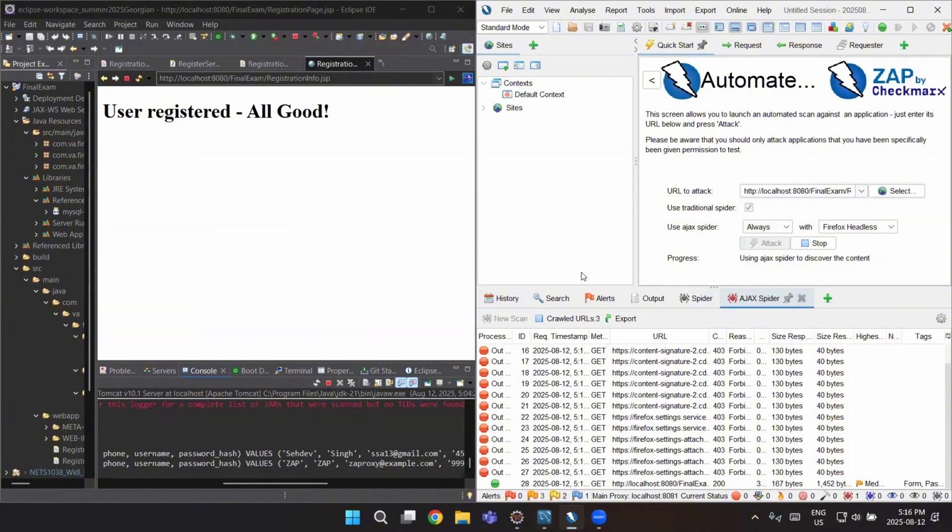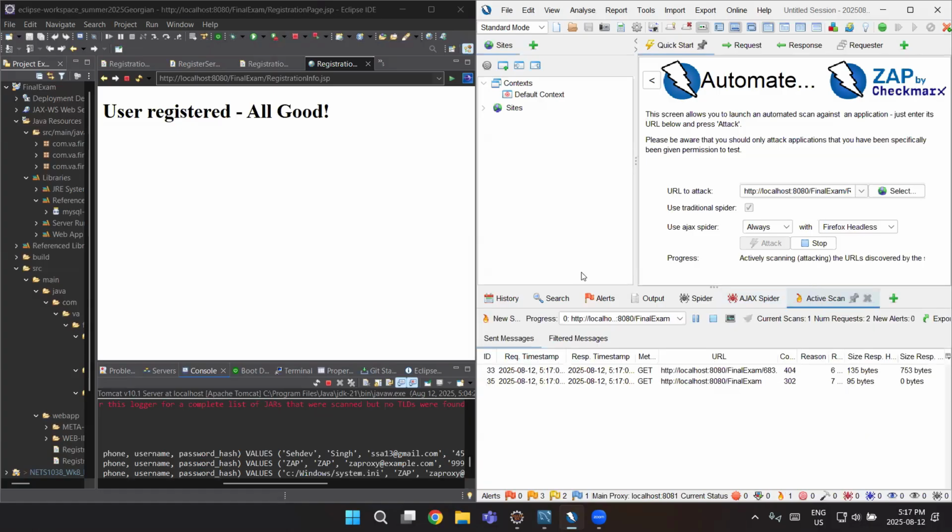POST method. When ZAP scans this page, it detects these fields and automatically attempts to fill them with different payloads during its attack simulation. It then submits the form just like a real user would, sending HTTP POST requests directly to the servlet. Since the servlet's job is to take the data, process it, and store it in the database, every POST request from ZAP results in a new row being added to the table. That's why after this scan, we can open the database and see multiple new entries that ZAP generated during the